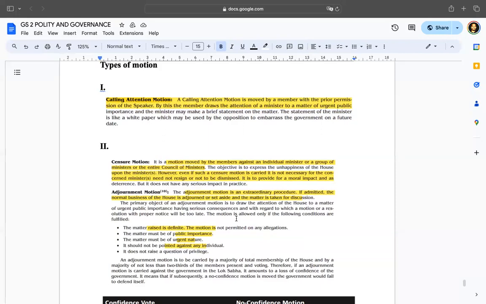Closer motion is moved by member to cut short the debate. यानी आप मिनिस्टर हैं, आप प्रधानमंत्री हैं, अगर कोई एमपी ऐसा मोशन लाना चाहे कि भाई आप लोगों ने इनफ चर्चा कर ली है, हमारे भी टाइम की इज्जत कीजिए और आप काटिए इसको, तो it can be moved by any member to cut short the debate on any matter which is discussed by any MP and minister in the Parliament. अगर ये पास हो जाता है तो आपकी डिबेट वहीं की वहीं रुक जाएगी और इस पे वोट होगा। किस तरीके से आप डिबेट को बंद करवा सकते हैं?